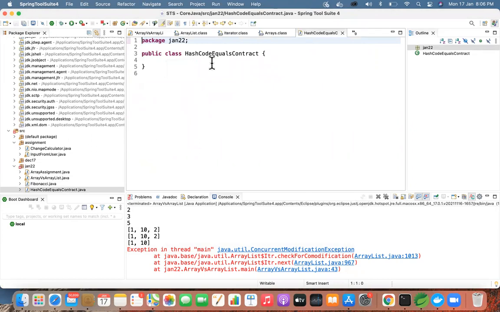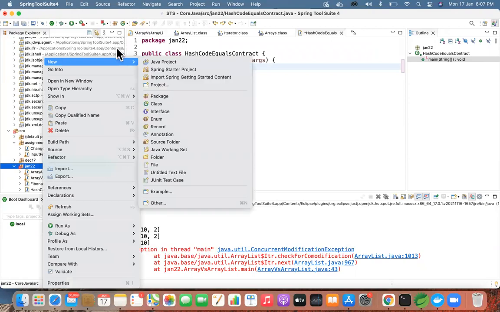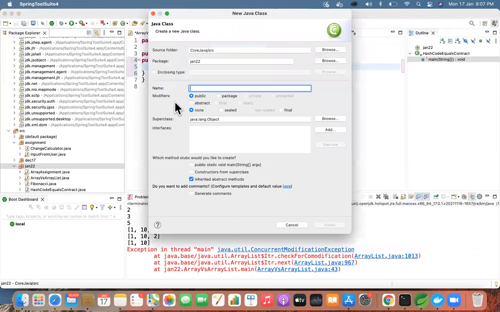You can have your main method in this. And create one Pojo class, any object of your wish, employee or student, whatever you wish. Take student.